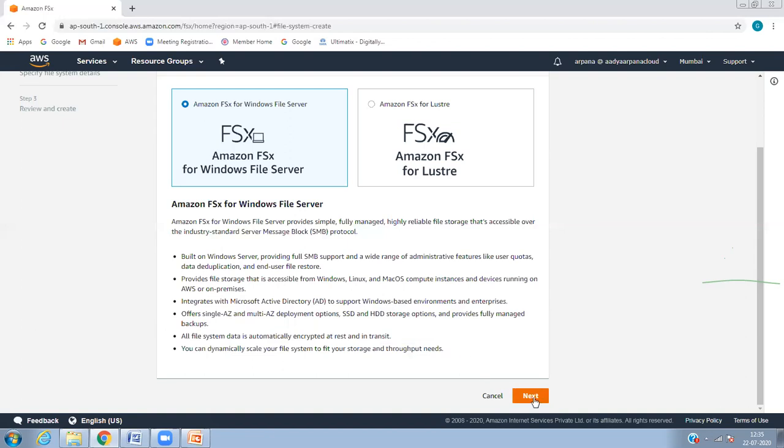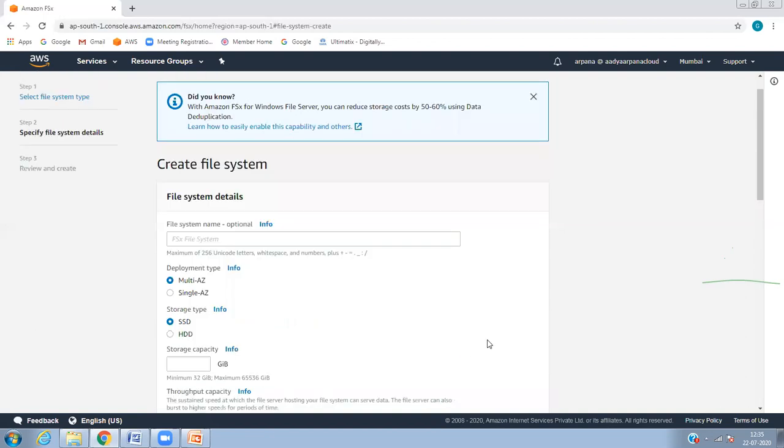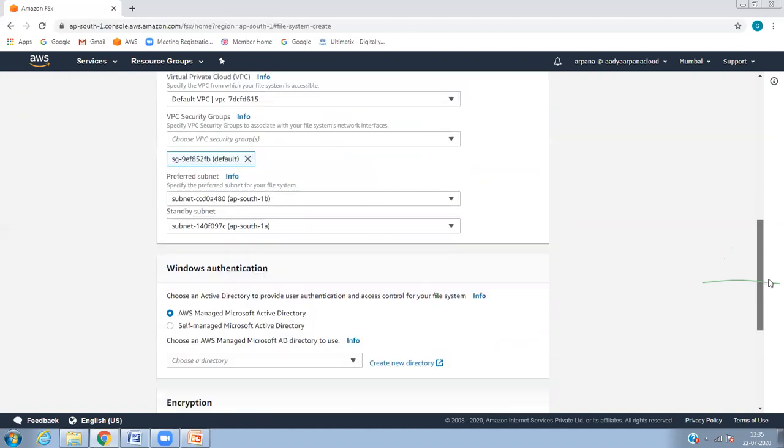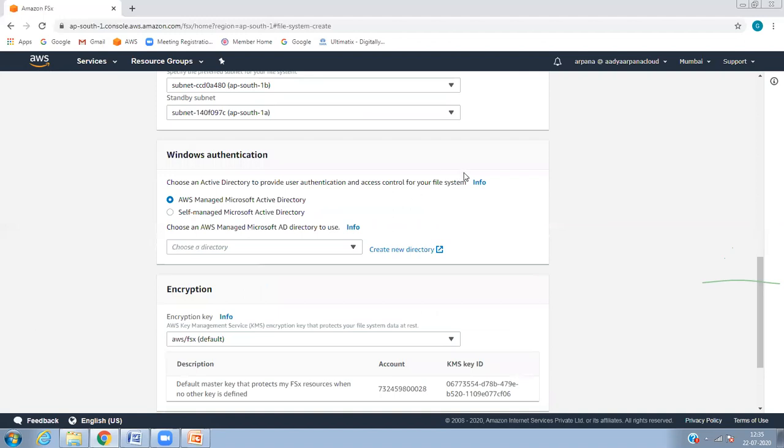So in order to configure your FSX, we need to have a domain. Once it is active, you can select the domain.